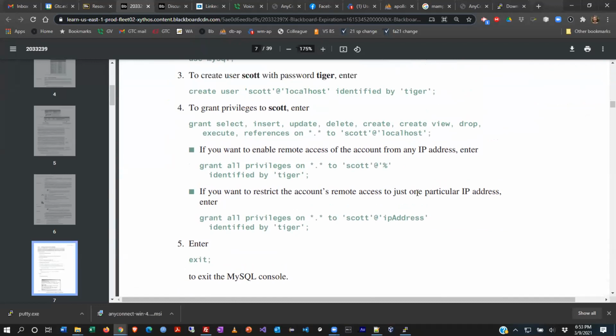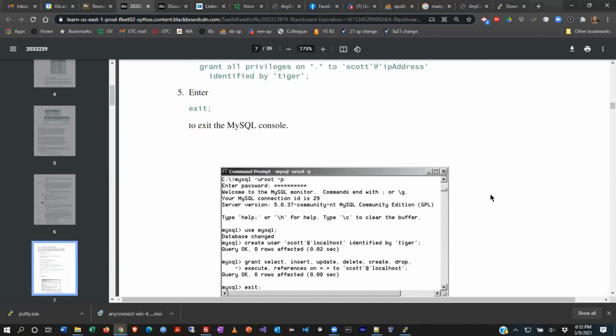These would be the instructions if you were working on a locally installed server. So if you were running XAMPP or WAMP or MAMP or any of those products, these steps would be necessary, but they are not necessary for you. All right, and that's really important. All right, the next part of this